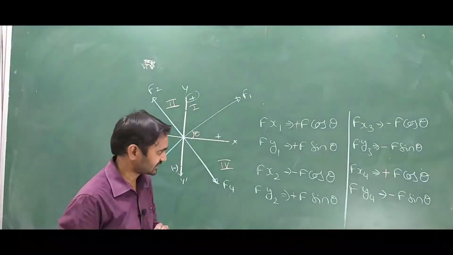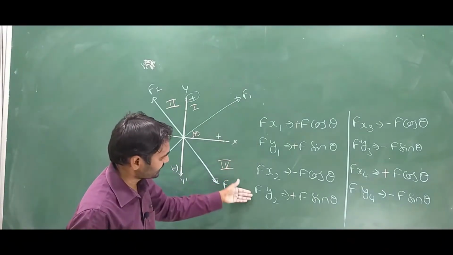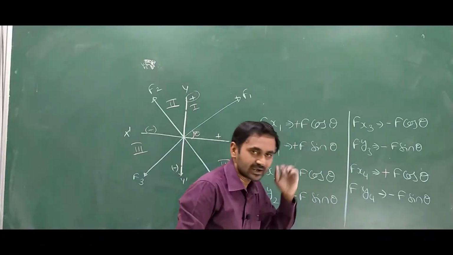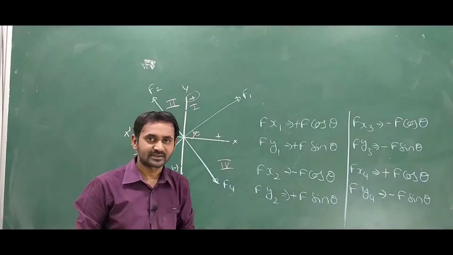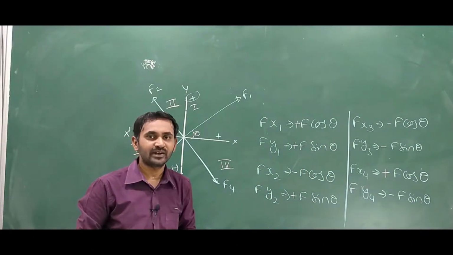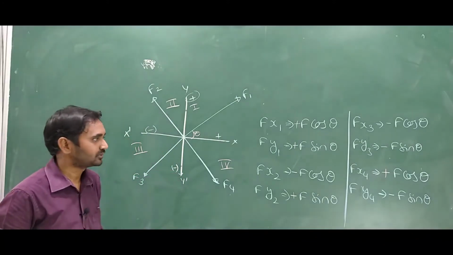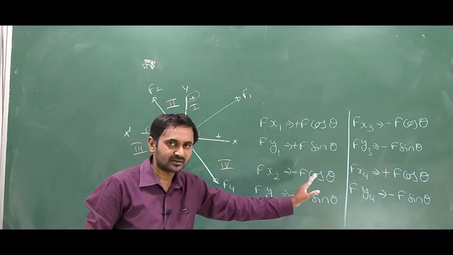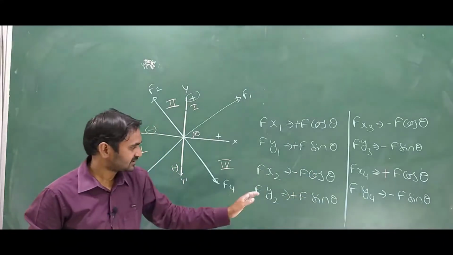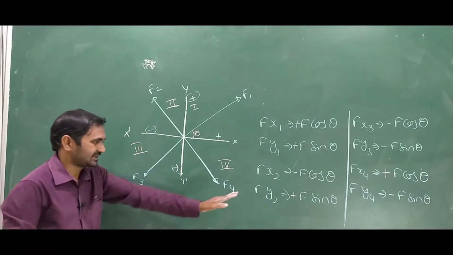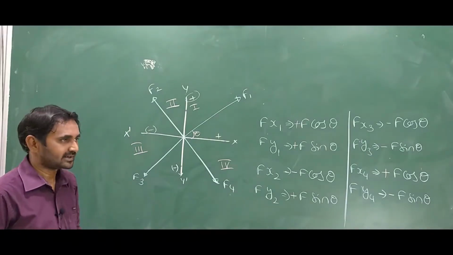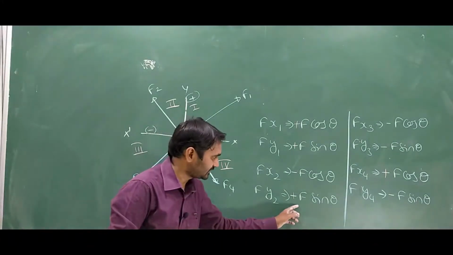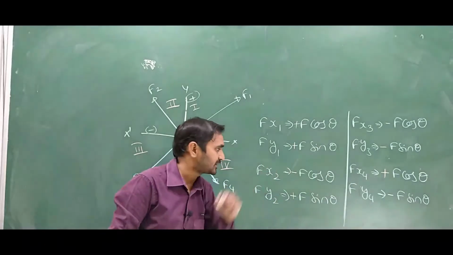Summation of that, plus fy1, fy2, fy3, fy4, summation of this. Both of these will clearly give you an idea. And next, how to form the formula we will see. Up to here I think it is clear to you. So let's continue with the next one. So how you will get the formula from this, we'll see.